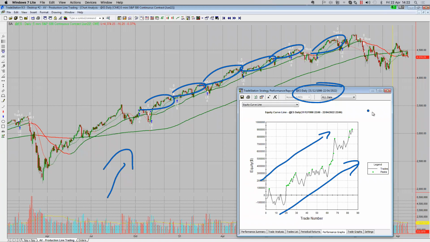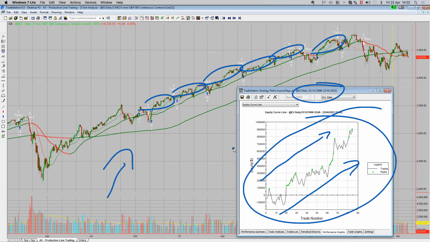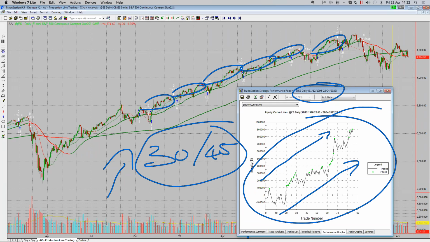All I'm trying to figure out is, well, if it's done this over the last 20 years, will it continue to do it in the next 30 days? My average time in trade is about 30 to 45 days. Now, the data can tell me, I can go and have a look at the performance. So my actual trade history reflects the theoretical, the historical performance as well. So I know from thousands of trades of my own trading that it matches up.